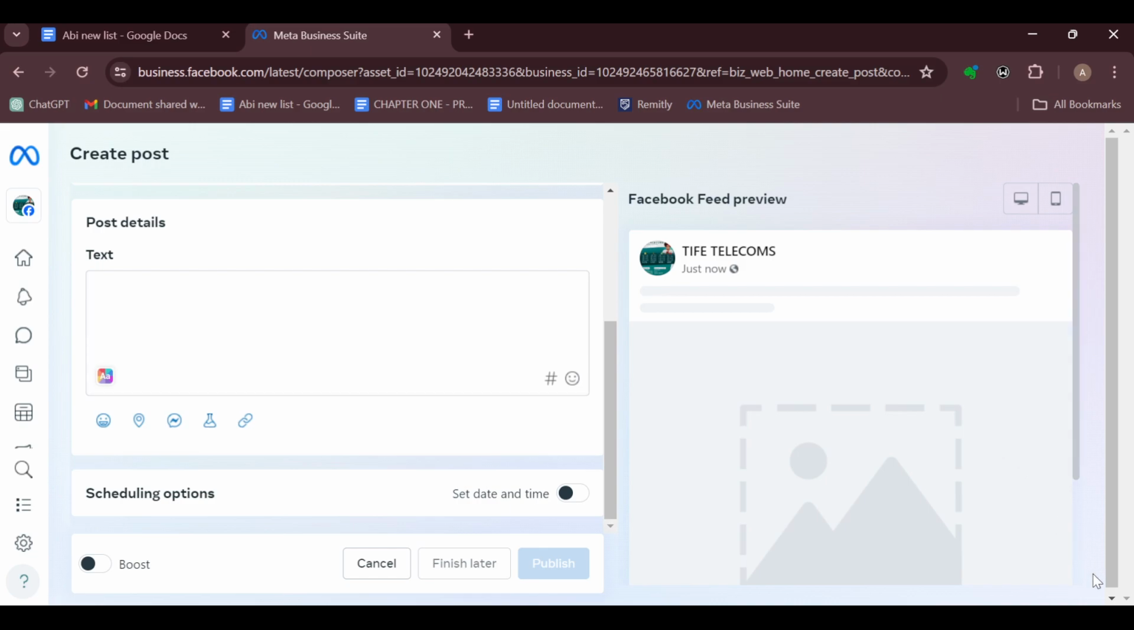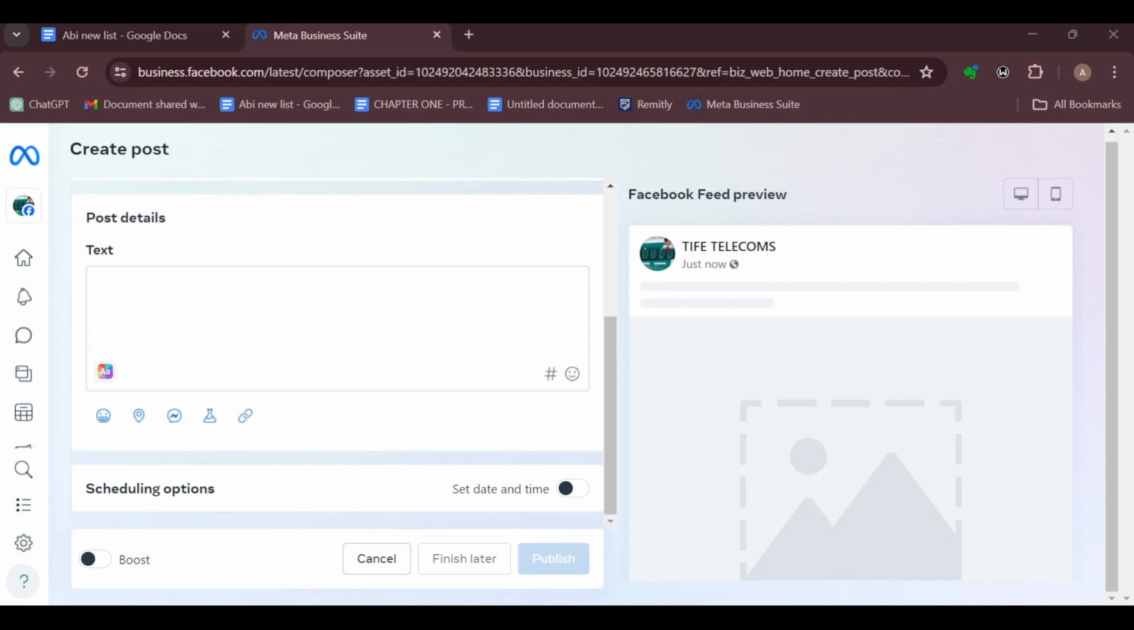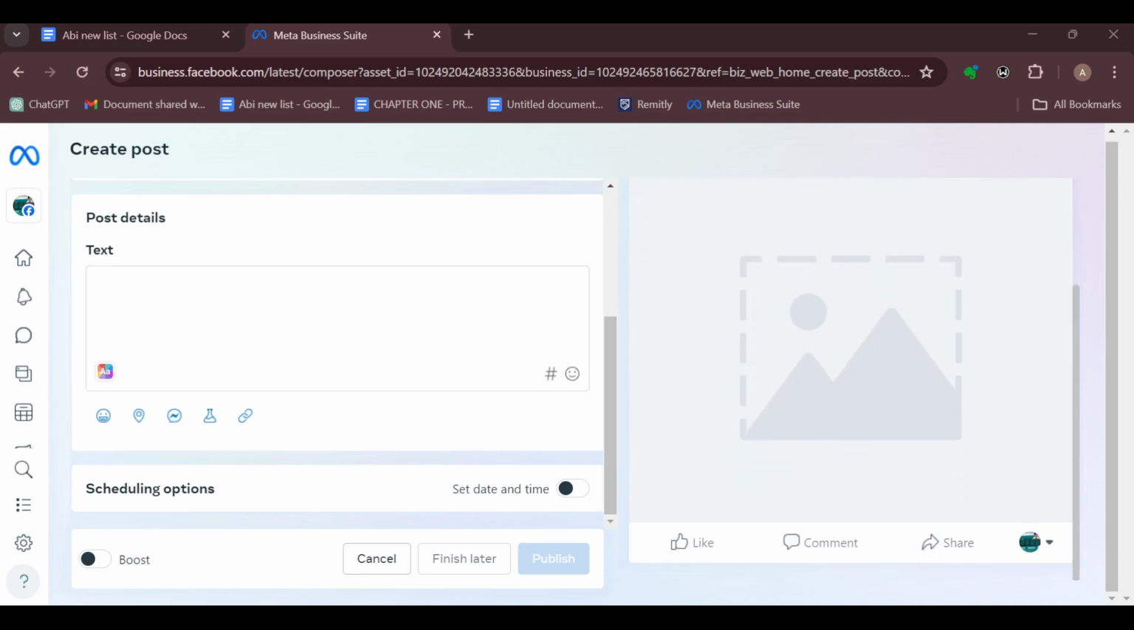And then the next thing to do is to craft beautiful content. Write a compelling caption for your multi-image post. You can add emojis, location tags, or even mention people so that you can easily get enough likes and enough views. And then you can schedule the post if you want, or you can just go ahead and preview the post